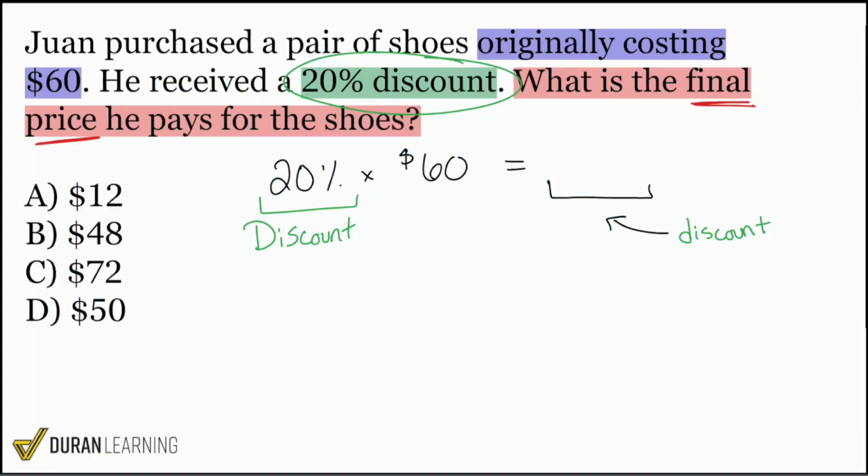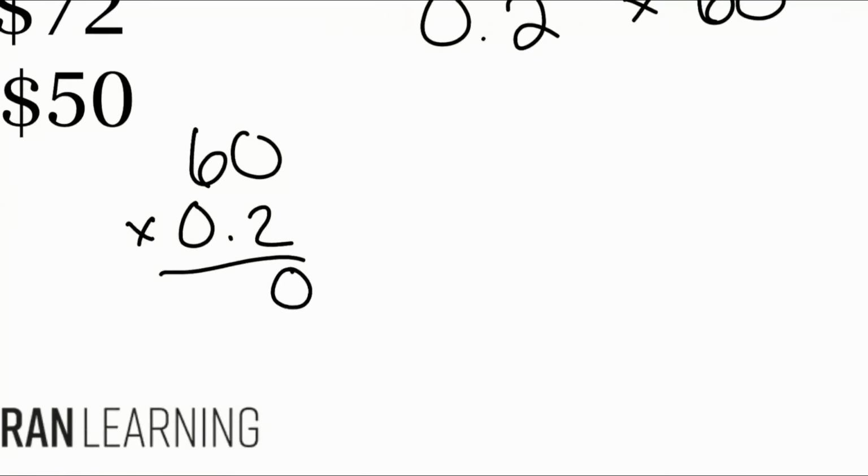But let's just suppose that we did the 20% anyway, just to show you what's up. So we would have 0.2, because again, move it over twice. We can get rid of that last zero there. So 0.2 multiplied by 60. Let me show you that right here. 60 multiplied by 0.2. So we have 0 multiplied by 2, and that'll be 0. Then we have 6 multiplied by 2, and that'll be 12. How many decimal places do we bring back? None here, 1 there. Just 1 decimal place that we'll bring back, and that is a $12